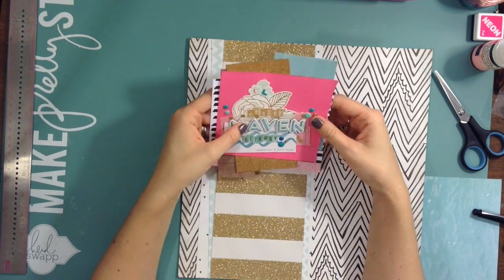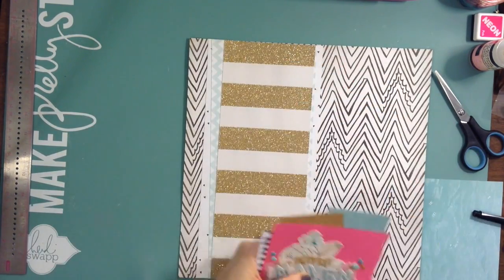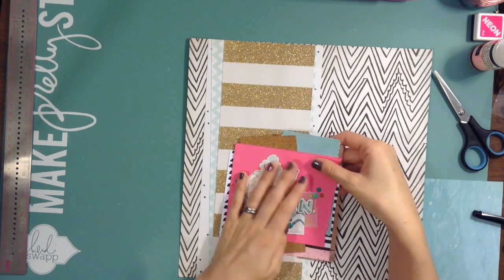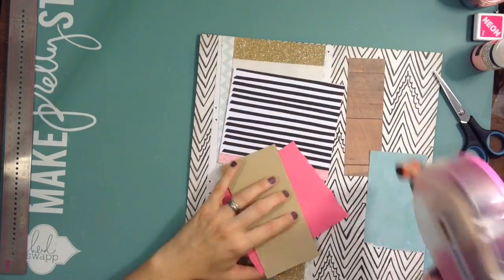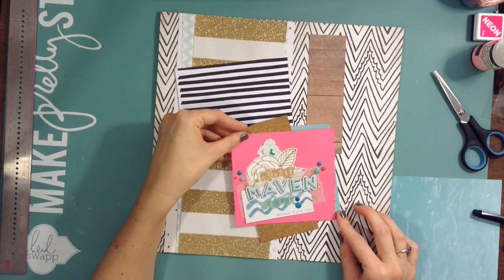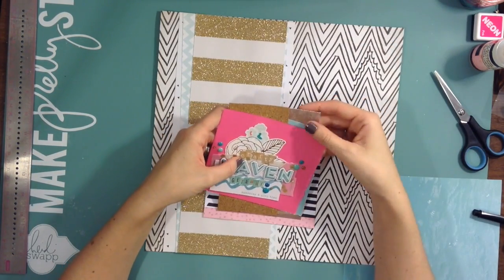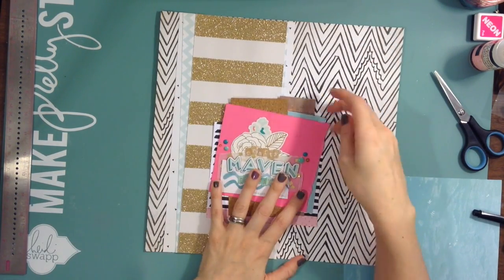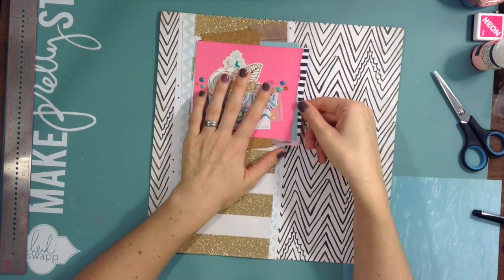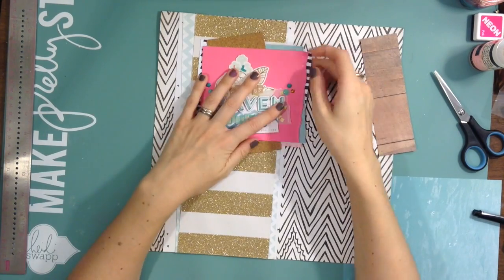If you know, or if you don't know, I am the founder of the Crafty Maven Getaway, and I thought it was about time for me to actually get the story on a layout. I haven't done a layout about it yet, and let's see, we started it in the summer, so it's just been about maybe 6 months, and I am so...